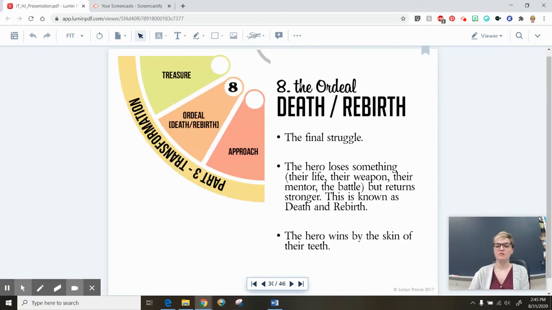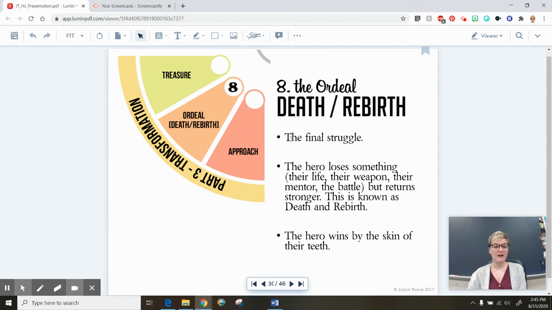This is the final struggle, so the ordeal and the death rebirth stage. Death and rebirth is a major archetype in these stories. So this is like a resurrection, actually. This is that final battle, and within this battle, the hero is going to lose something that's important to them. Maybe it's literally their life and they actually die and are reborn. Sometimes it's their weapon. So Maui's hook in Moana, when it cracks, that would be a death rebirth.